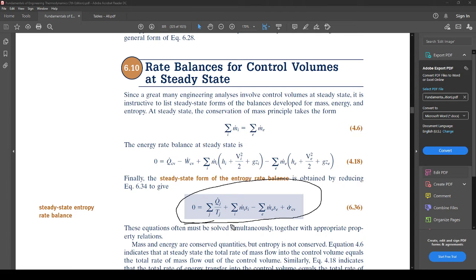So now we have just Q over T and mI, sI, and mE, sE, and the produced. So this is where we're at. And if you guys recall, these right here are going to be the same. So the mass flow rate will probably end up being the same for most questions. And sE and sI refer to 1 and 2, right? Just so you're aware that these are entropies at different states. But they give it to you in this form because it's inlet and exit.